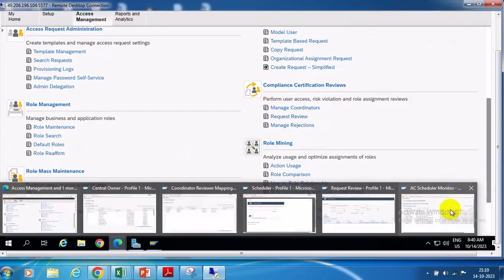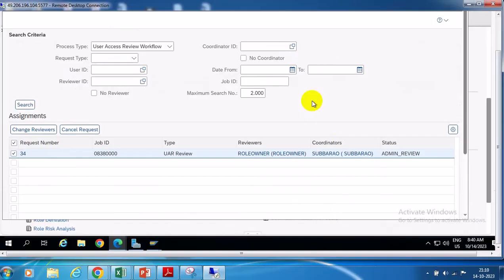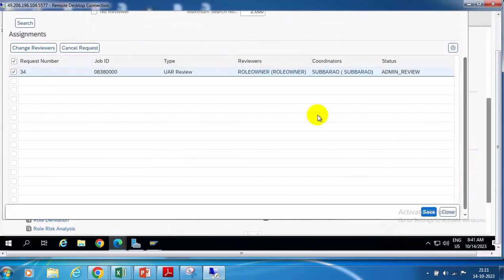I understand, that is the role owner, correct? That is the role owner. That is not role owner. That is admin review, Subbarao. Okay. It will go to the admin, whosoever we have maintained as an admin, right? I'm a coordinator. Okay. That is Subbarao. Yeah. It will go to him. Okay. It will go to the coordinator. Got it. Yes. The coordinator's duty is, if this owner is active, we'll just save it. So this is ready for